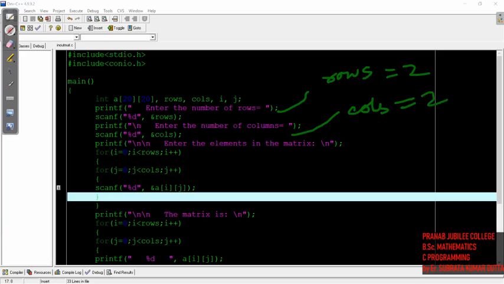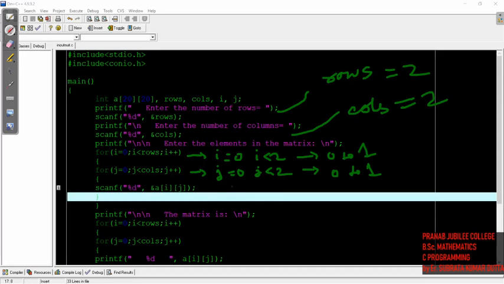Now what will happen is this loop i will run from 0 while i is less than the number of rows, that is i less than 2, so it will run from 0 to 1. Then for j, same, j equals 0, it will start from 0 and run while j is less than the number of columns, so it will run from 0 to 1.